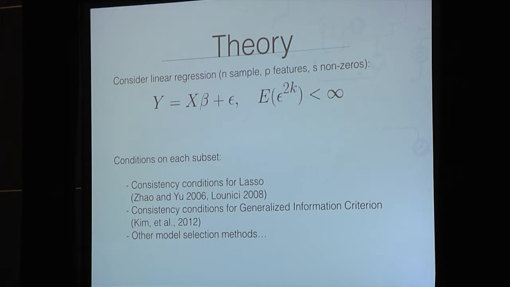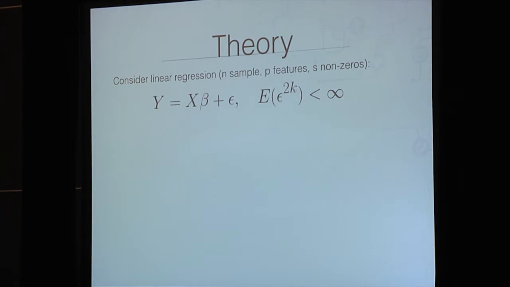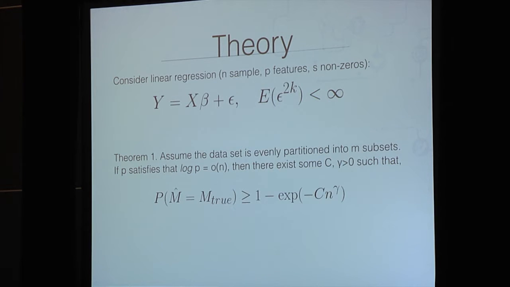The only condition you need is a condition for your feature selection method to work. So in the paper, we are using Lasso, so here we have to assume the condition for Lasso to be held on the subset. If you are using a different feature selection method, you just need that condition to be held on your data set. Now with the condition for Lasso, the theorem 1 of our paper says that if your data set is